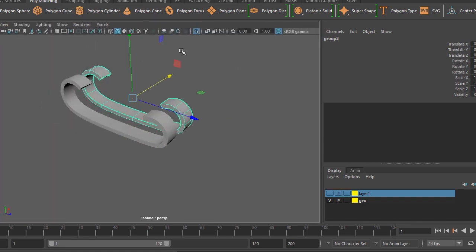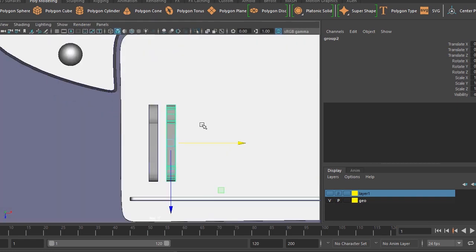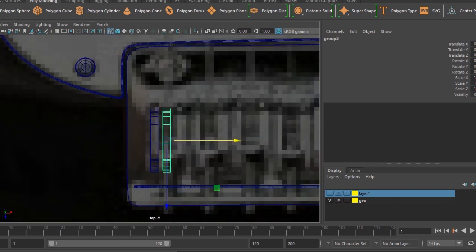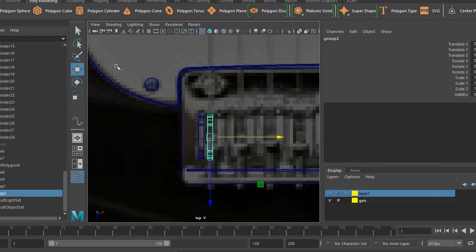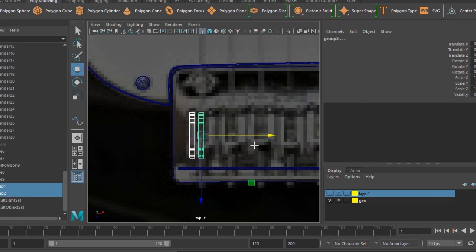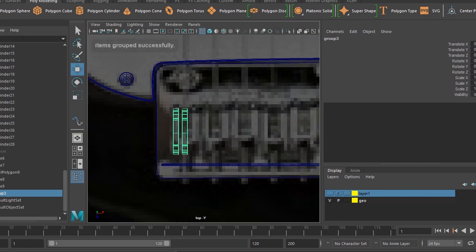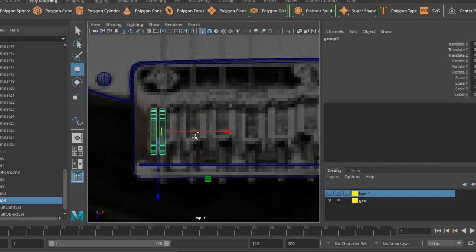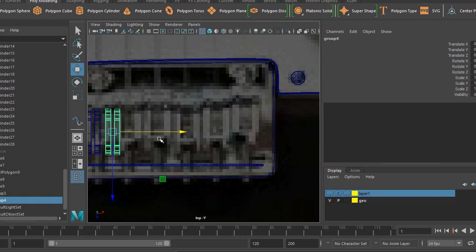So I'll be choosing the top view, and then switch the isolate button again, and then create the hooks. So I'll be choosing these two groups, group it again, and modify center pivot, and then create as many hooks as you want